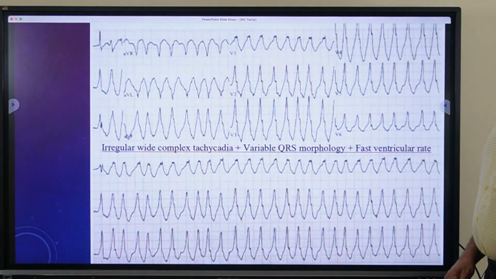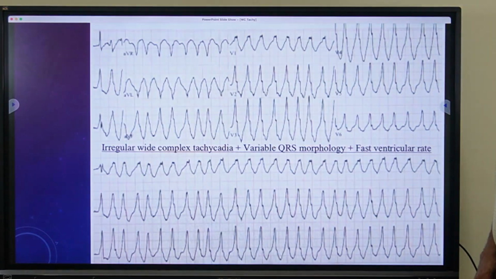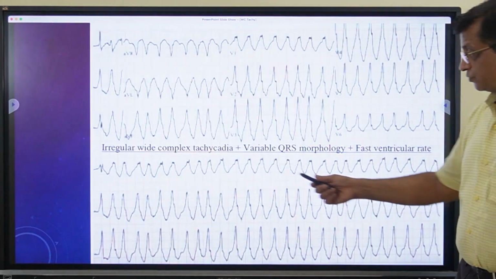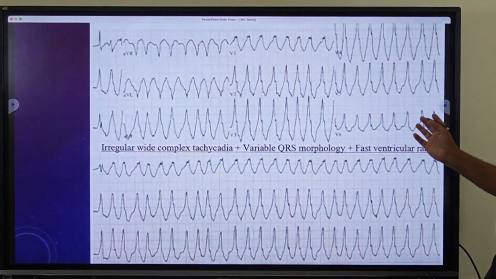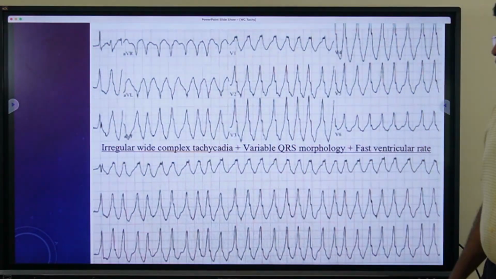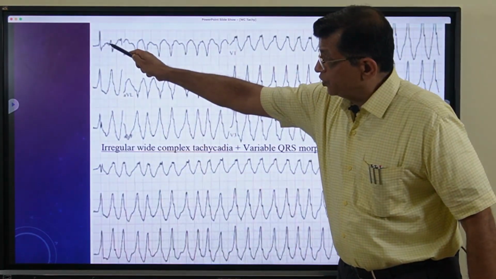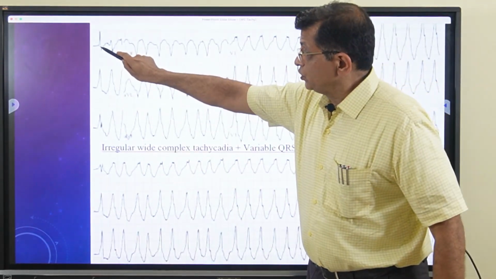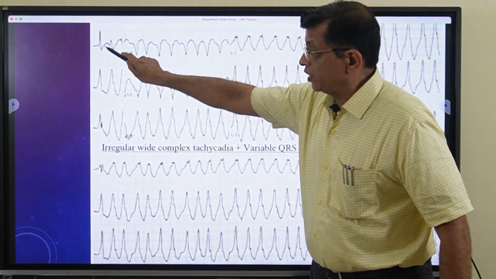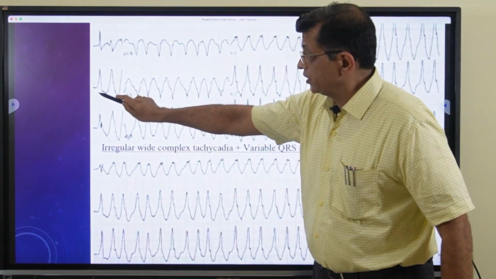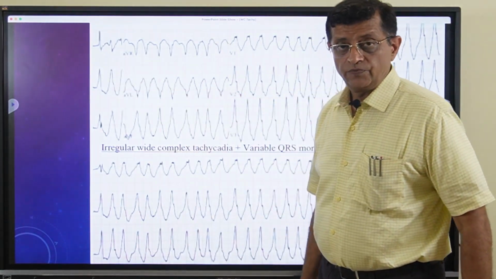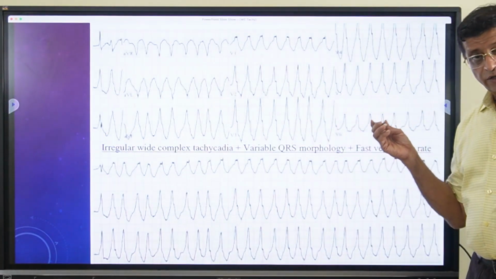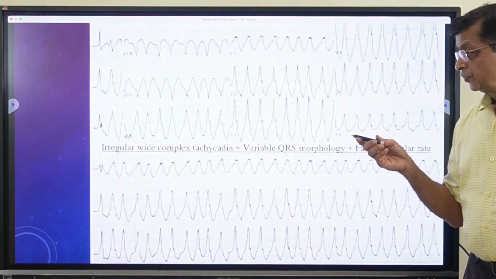Now this is a wide complex tachycardia. What you easily see is the irregularity. The rate is very high and it is quite wide and irregular. What you also notice is the initial first wave is a narrow complex wave. Here you do not see a P wave, so it is a narrow complex wave initially, and in this lead you see a delta wave. So what does this suggest? This could be atrial fibrillation with WPW syndrome,